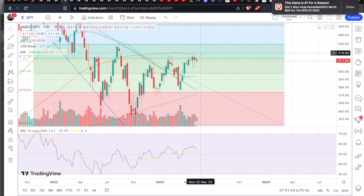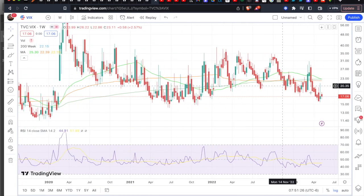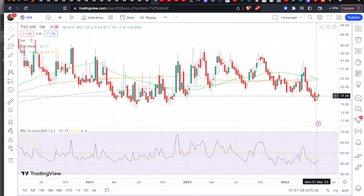But all things considered, in the way that I'm looking at the schematic for 2023, to me, it makes the most logical sense that the S&P is going to put in a higher high up here, and potentially that could be around the 618. So that's what I'm looking for. But as I've already said many times in the past, 3 weeks worth of videos, I don't remember how long I've been saying, this is where I'm accumulating VIX, right? So I'm already prepared for the market to dump, very much prepared to make money in the event that the market dumps. Now, there's no guarantee that it's going to dump now, which means I'm early to be accumulating VIX